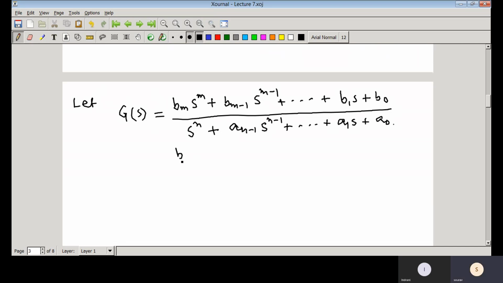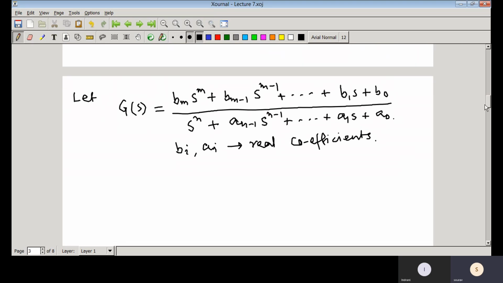So here you should note down that all bi and ai, these all are real coefficients. So this is a standard transfer function representation in polynomial form, and here you can see that it is a rational transfer function. That means in the numerator and denominator you have two polynomials with real coefficients, and